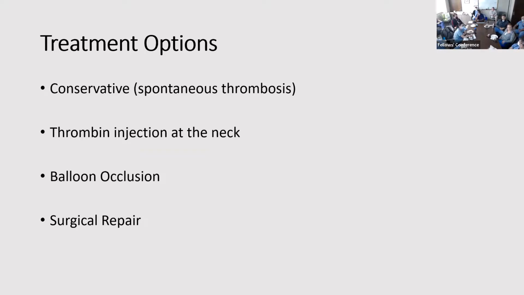So you have a couple of things you can do. You can do a thrombin injection. And when I say you, I don't mean us, I mean them. So neuro can do a thrombin injection at the neck, and that can cause immediate stasis of blood flow, and that usually takes care of it. Sometimes if it's bigger, they have to do a balloon occlusion or surgical repair. So kind of the order of operations here, if you find one of these: pressure, formal study, call whoever did it. So if it's cardiology, call them, call neuro if it's them. And then you may want to call surgery as well. If we did it, order of operations is the same,